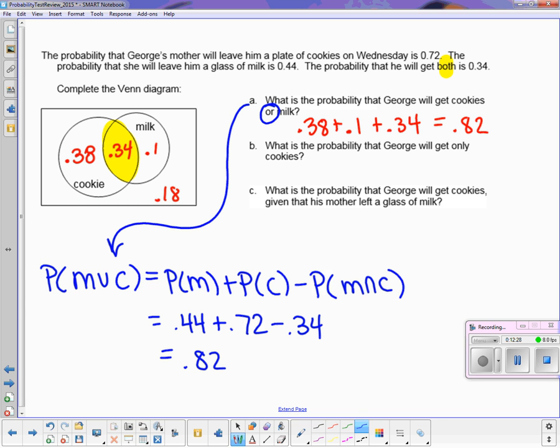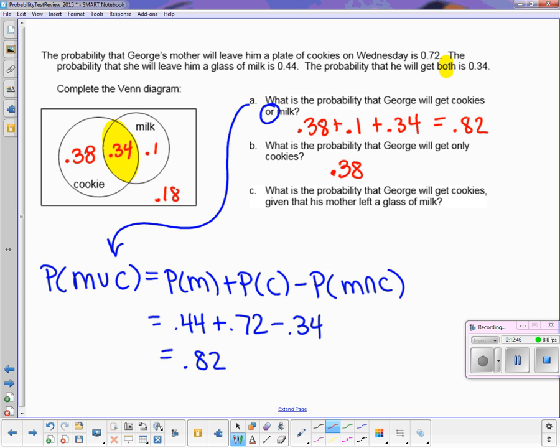Okay? Now, for part B, doesn't the Venn diagram just clearly answer that? We're looking at only cookies. What number is that? 0.38. Yeah, exactly. All right. And then,